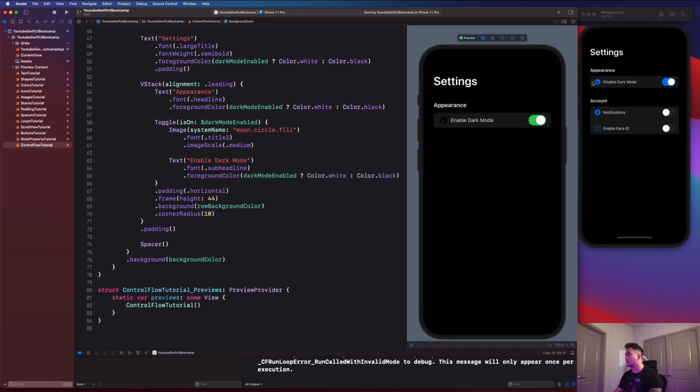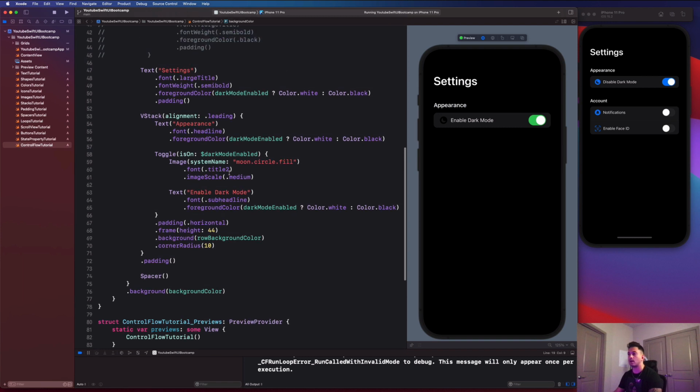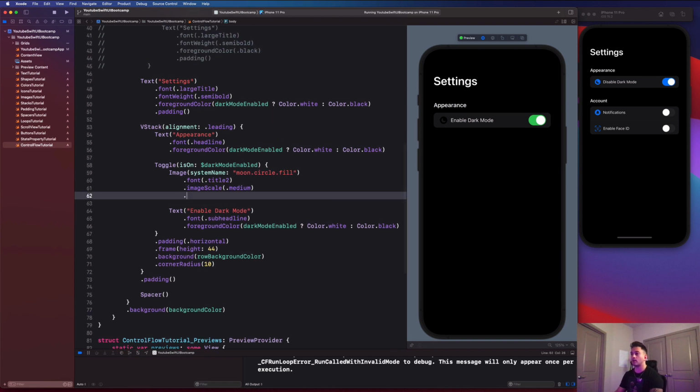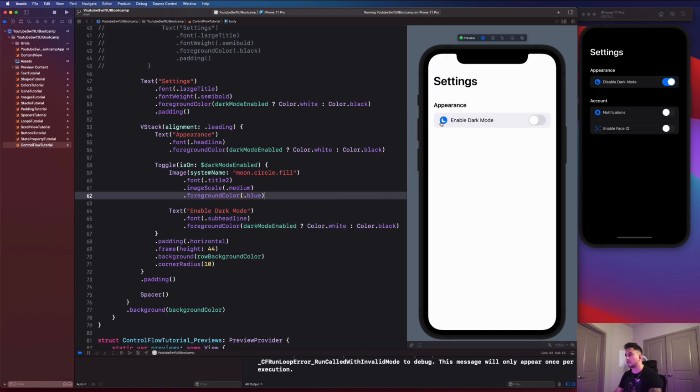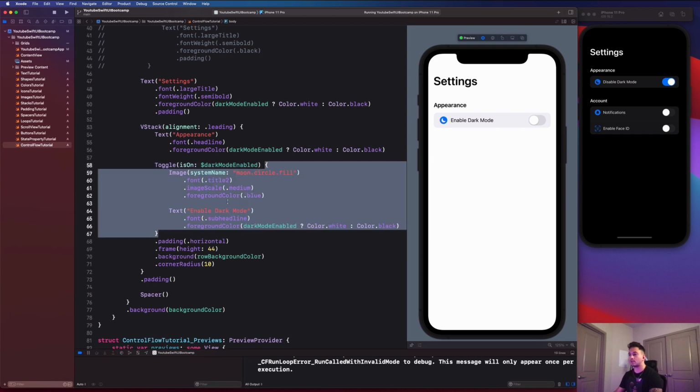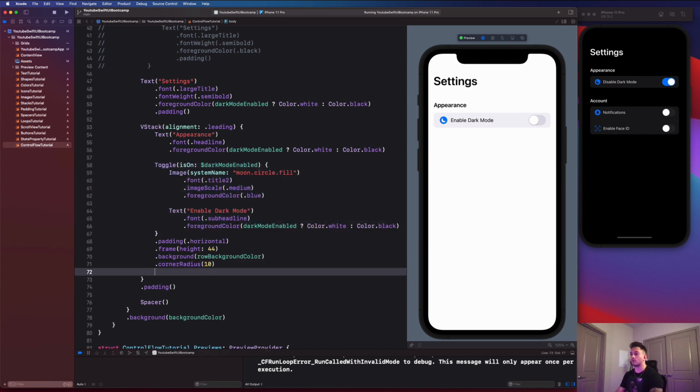It looks just like what we have in the completed version. Let's just go ahead and change the background color or the tint color of these items right here. So here we're going to say .foregroundColor is just .blue, and that's going to stay the same no matter what. And then on our switch, guys, go to the end of it after this corner radius and say .toggleStyle. And then you're just going to say toggle